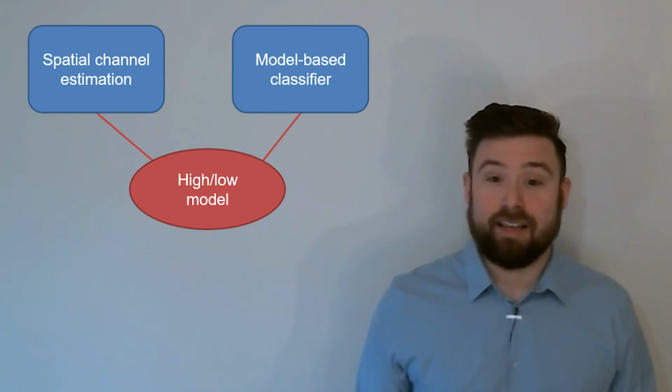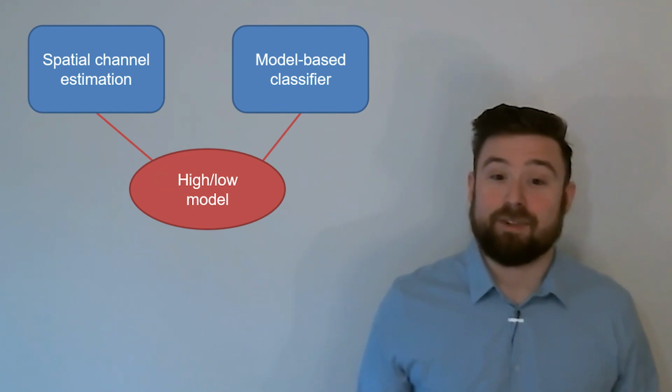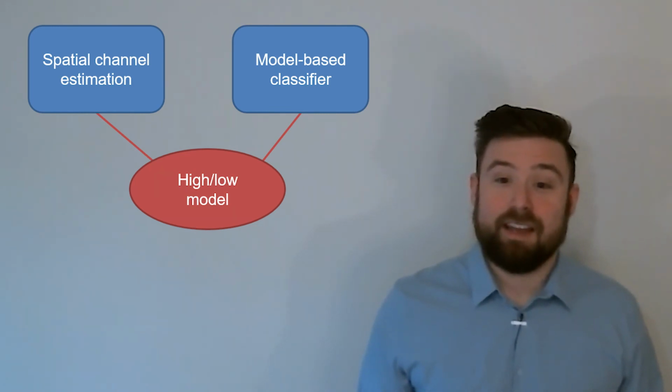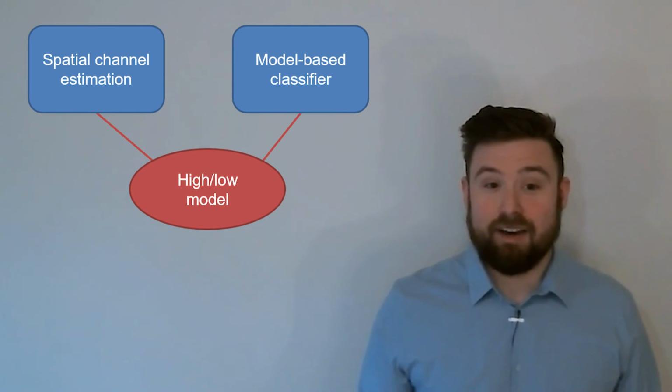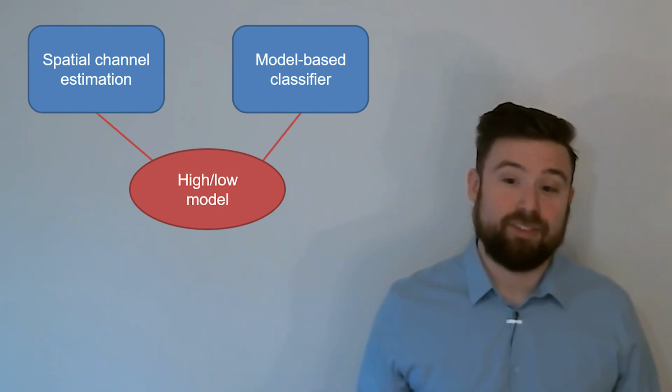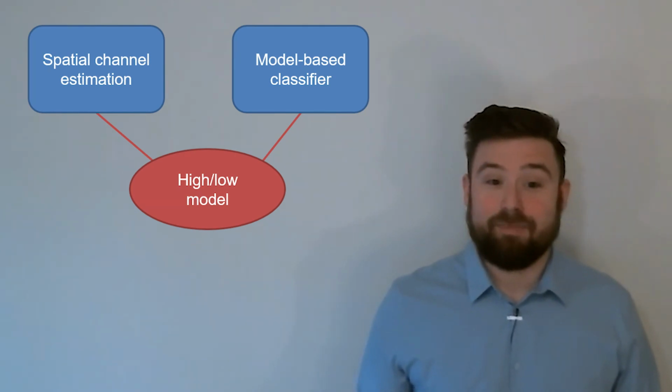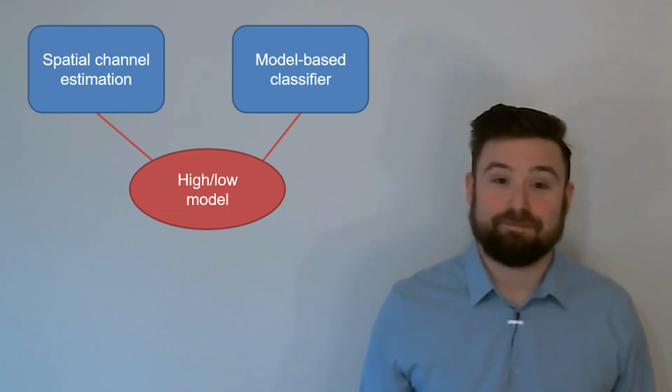The high-low model allows speech enhancement systems to take advantage of both signal models and spatial information, and to work with any number of microphones, from the single lapel mic I'm wearing now to an instrumented room with hundreds of sensors. It can help us to make sense of sound in even the most challenging environments.